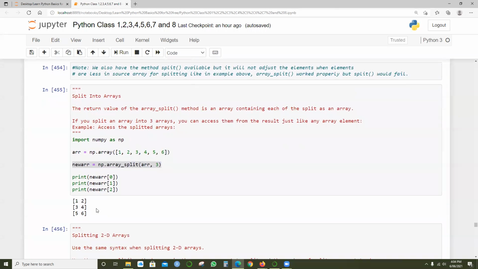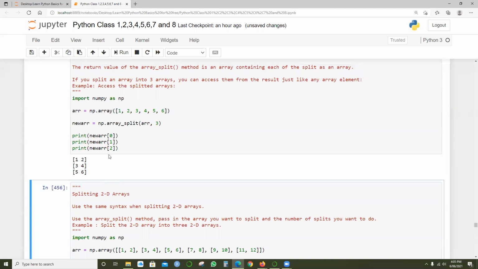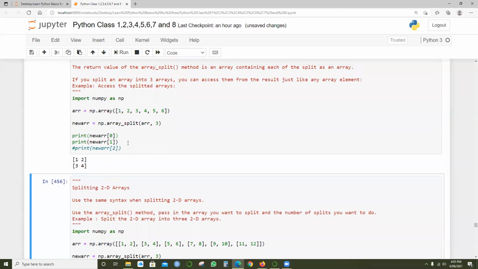Here we print new array of 0. So 1 and 2 will be category 0, 3 and 4 will be 1, and 5 and 6 will be 2, right? So we print new array 0, 1 and 2. Just in case I comment this out and run, what will happen? I get only 1 and 2 and 3 and 4.